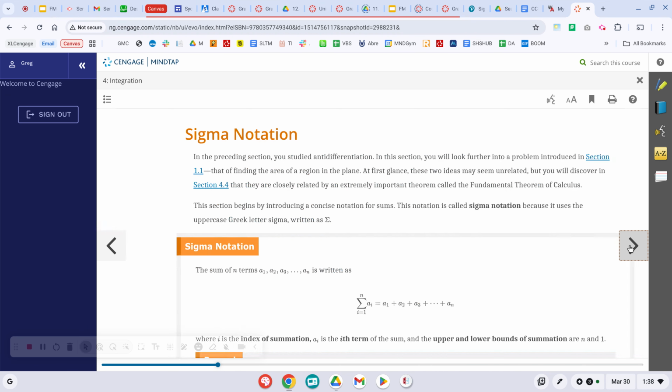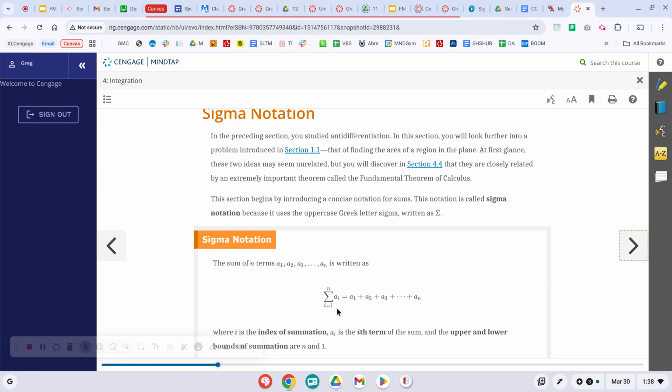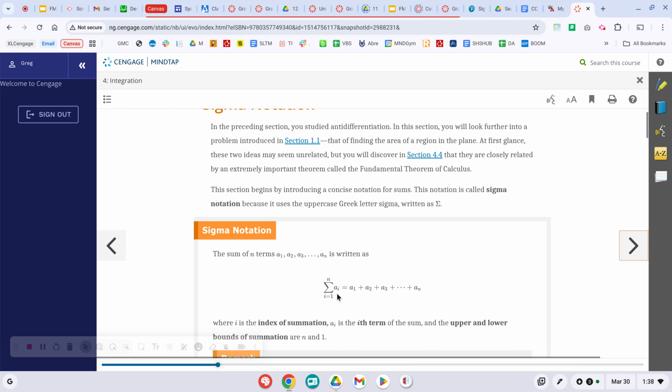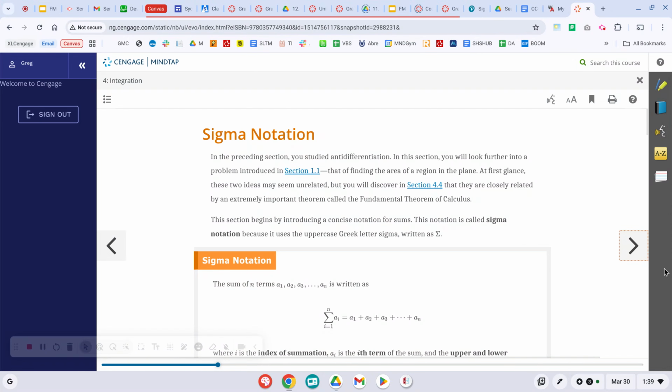So here we go. First with sigma notation, sigma is this uppercase E looking Greek letter. It's used for sums. And if you wanted to add up the first n terms, this would be the form that you would use, okay? Next,